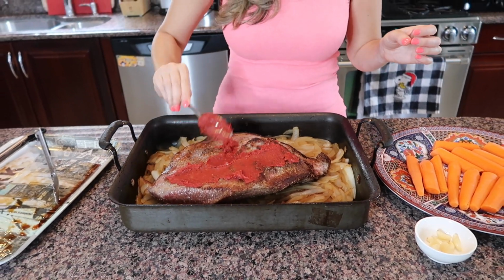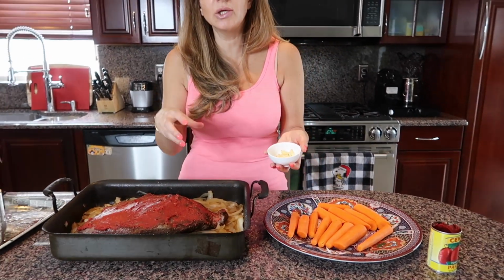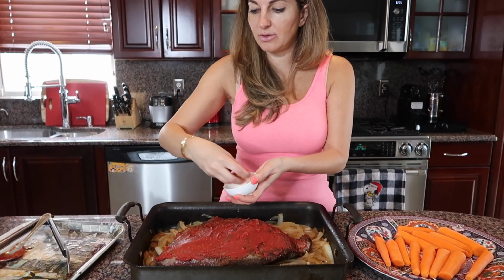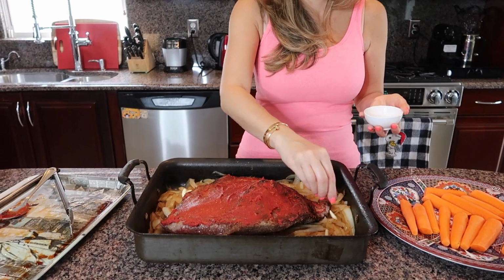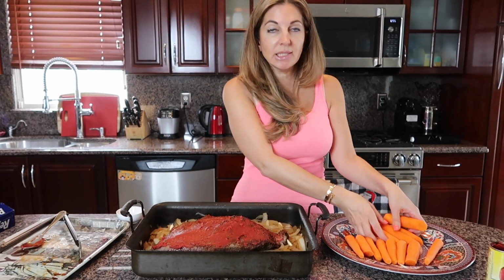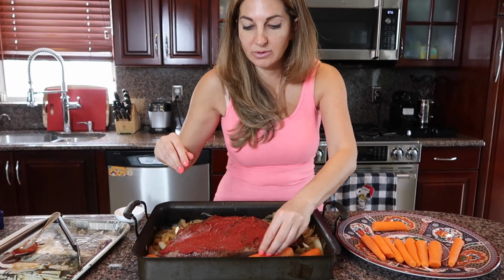evenly like that. What I have here, I have about 6 small cloves of garlic. You could take 3 normal cloves of garlic and just cut them in half. And we just put it around our brisket on the top of the onion. And I also had 7 carrots that I cut in half. And we also just put them around our